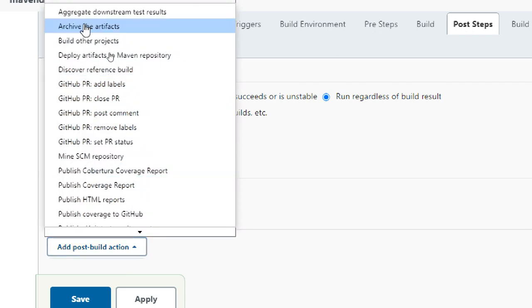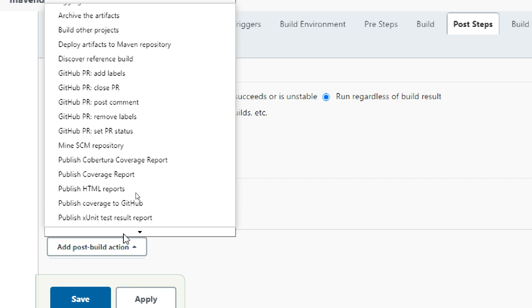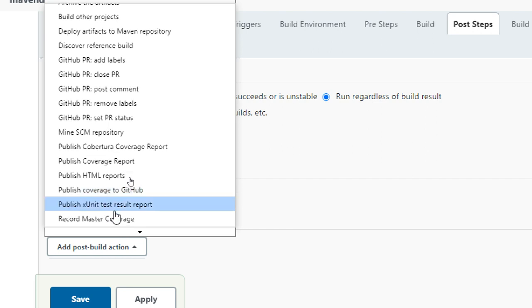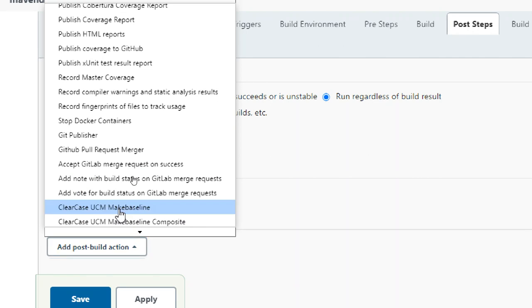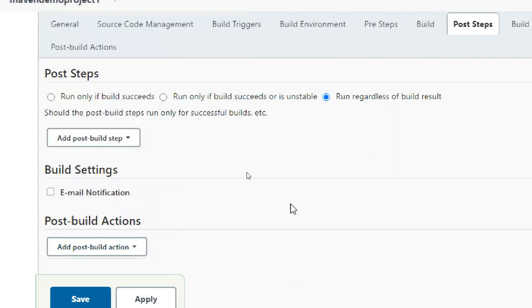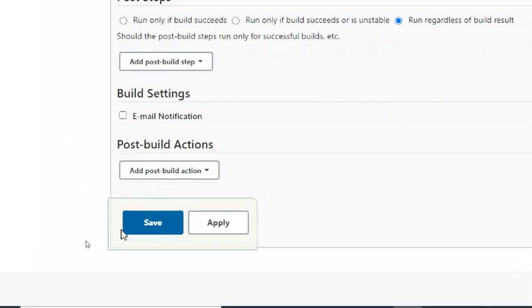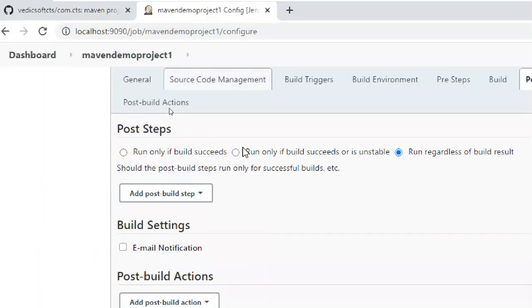What to do after the build? You may want to put comments back into GitHub, remove labels, SCM source code management, publish an HTML report, deploy artifacts to Maven repository, build other project, archive artifacts, publish coverage to GitHub, XUnit test result report. So many things are there. We will understand these step by step while working.